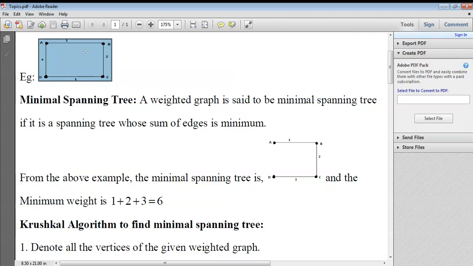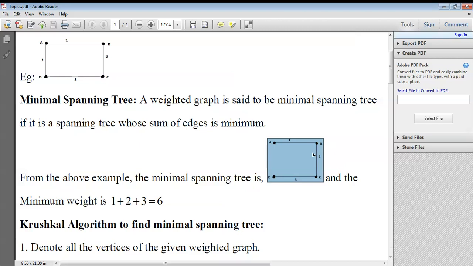In order to write the minimal spanning tree, I have taken the vertices first. The vertices are A, B, C, D. Then I started with edge AB and denoted its weight as 1. Then I took edge BC and showed the weight 2. Then I took edge CD and showed the weight 3. So I conclude that